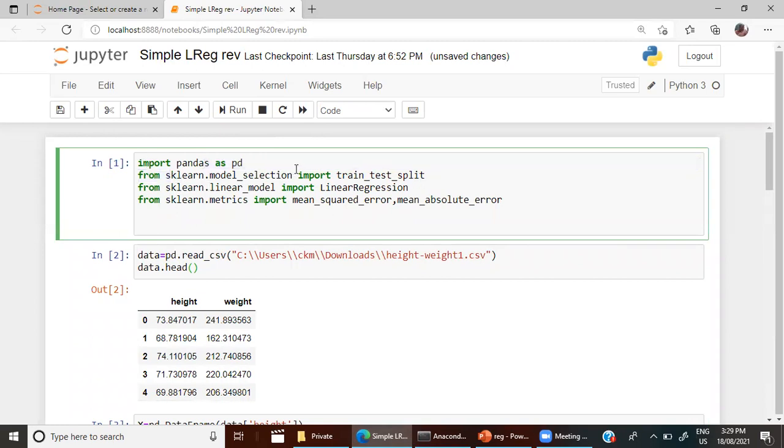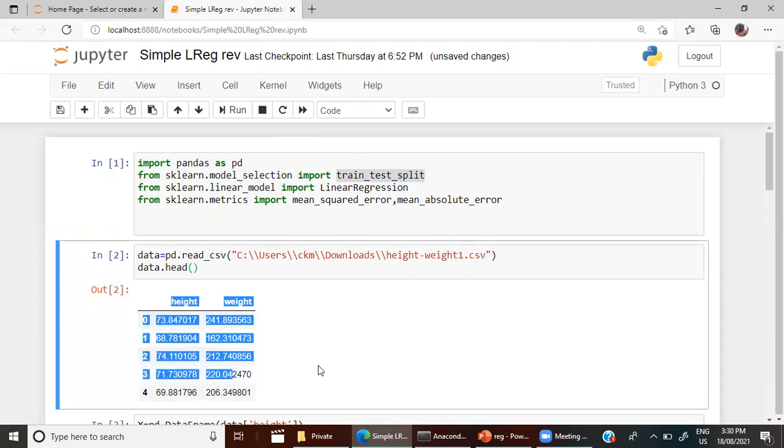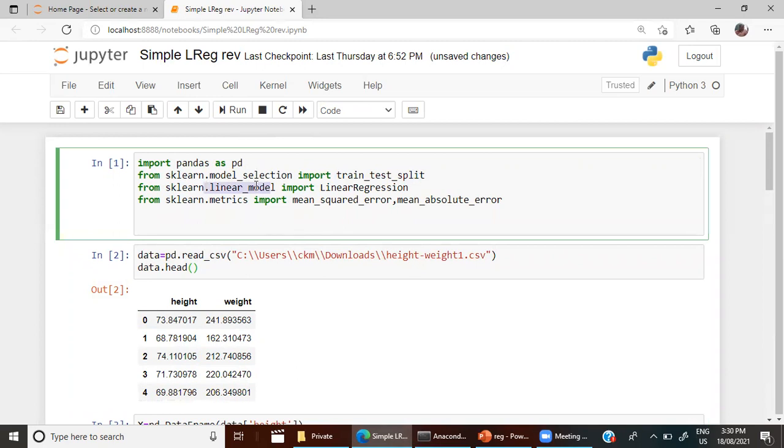After that, from sklearn.model_selection we are using train_test_split. We are splitting the whole data, that is height weight data, into two parts, training and testing. After that, we are doing a simple linear regression, and that model should be imported from sklearn.linear_model. So this is the syntax you have to write in this way. Then import LinearRegression. L must be in capital and R must be in capital, and in between both the words there should not be any gap. So this line you have to remember anyway.